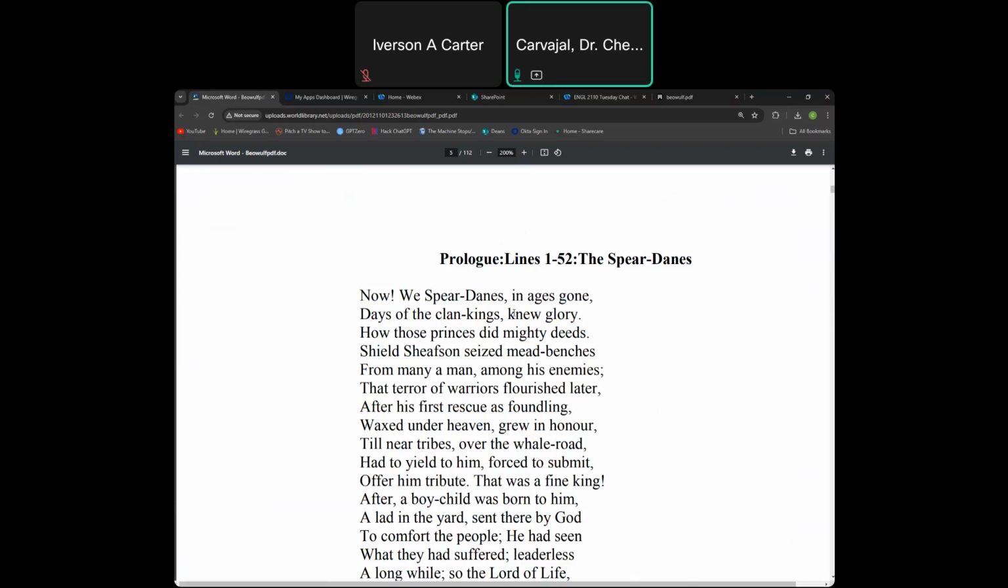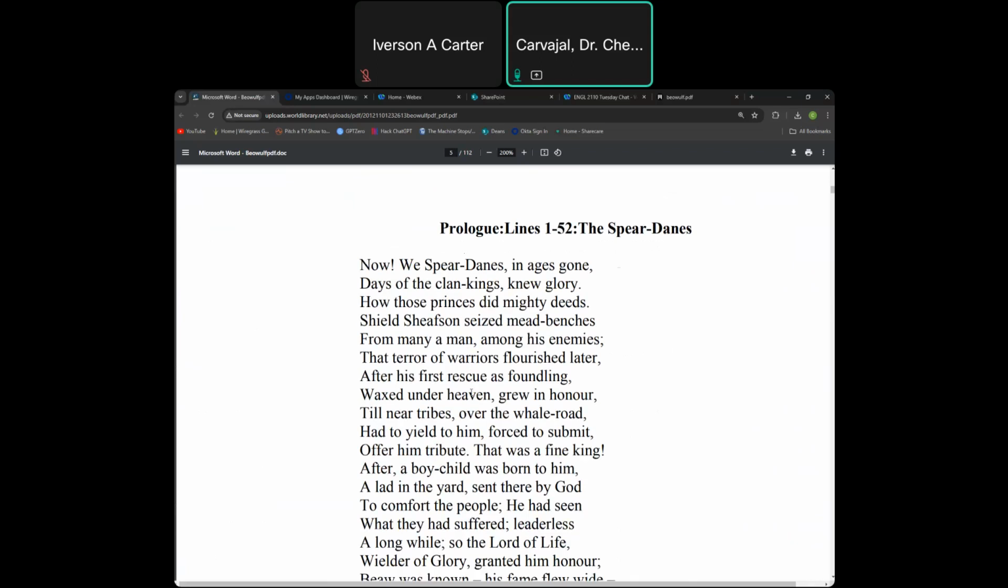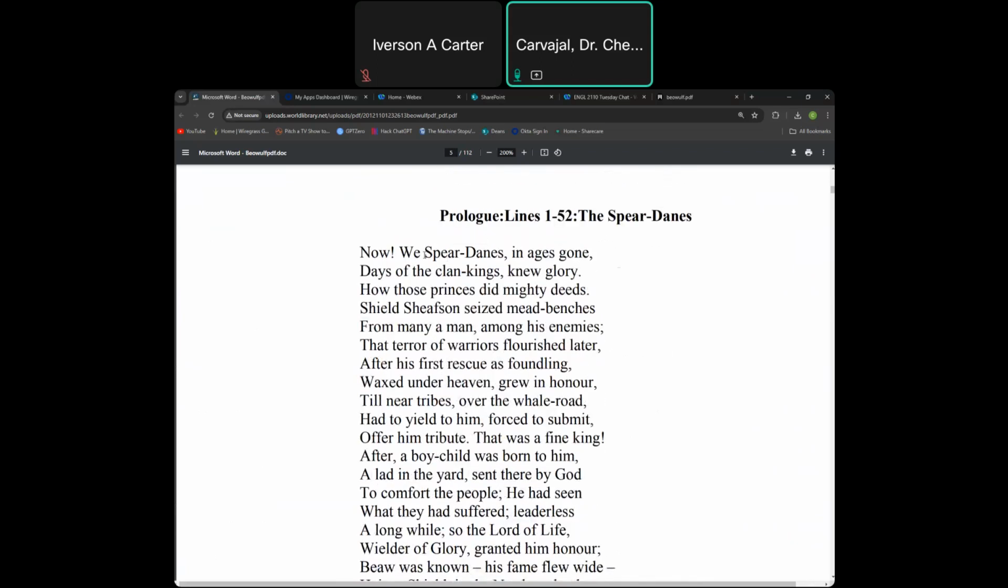So we have the king, and then we have these warriors that serve him. Of course, now it's a little bit different, and this is what's unusual about Beowulf: Beowulf is not a Dane. When we talk about the Spear Danes, this is the Danes they're talking about with Hrothgar, and they do a little bit of